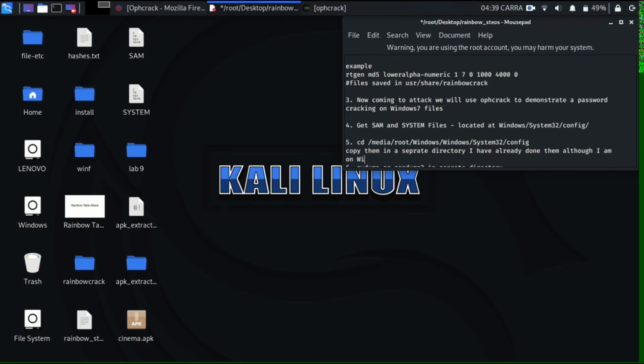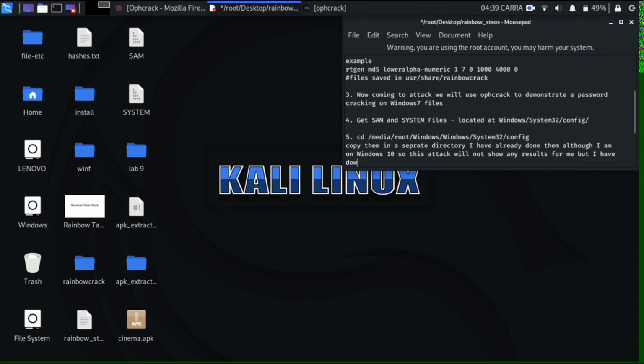One more thing: although I am on Windows 10, so this attack won't work for me, I'm still showing the attack. I have downloaded the SAM and system file from my friend's computer. Basically I created a dummy SAM and system file to work with this attack.